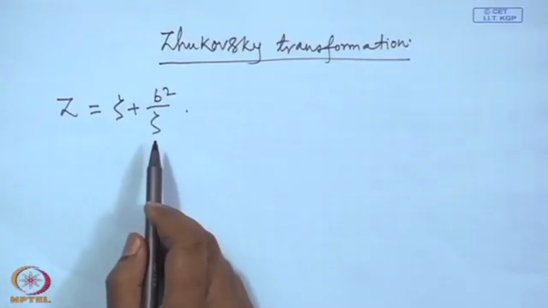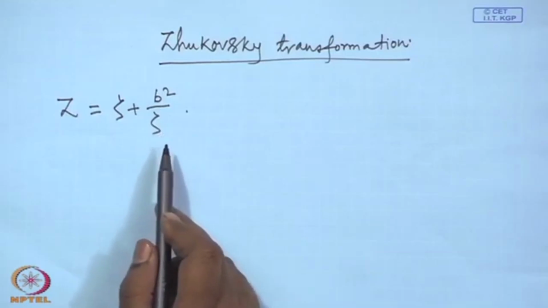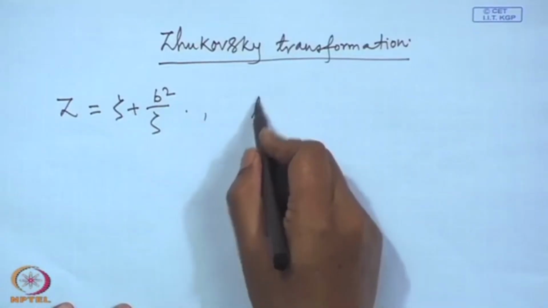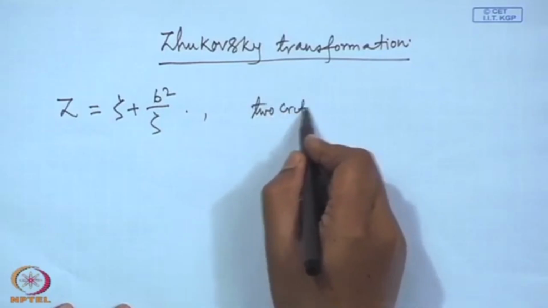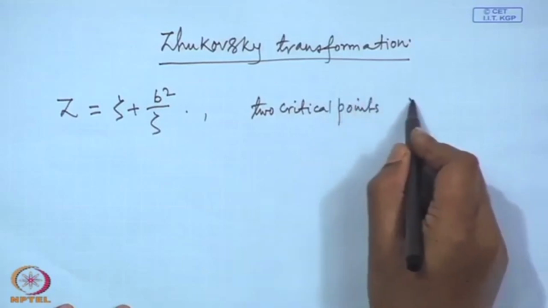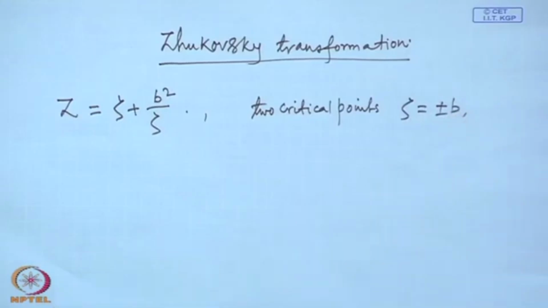For the circle, we have two free parameters, the radius of the circle and its center. And for this transformation, we have two critical points which are at zeta equal to plus minus b. So, this transformation has two critical points. Now, of course, if we